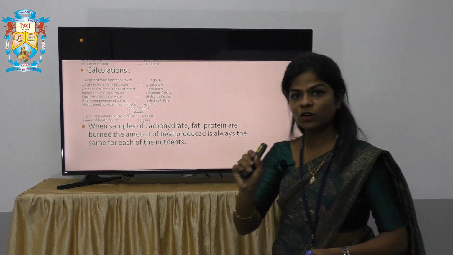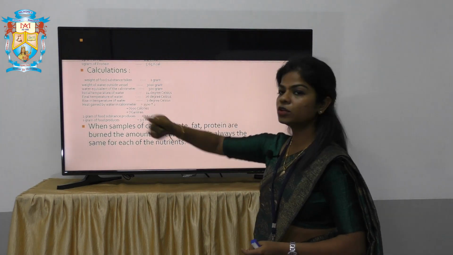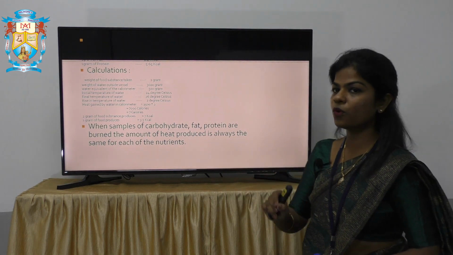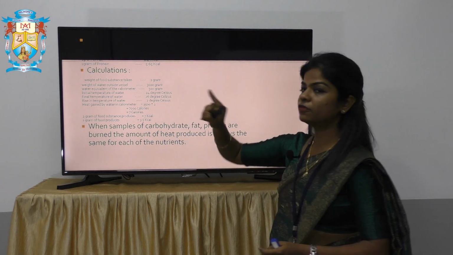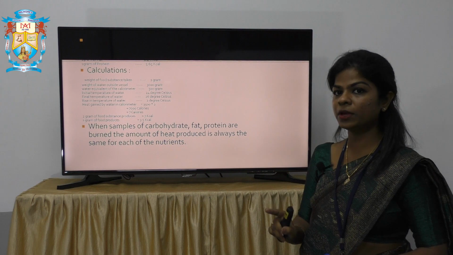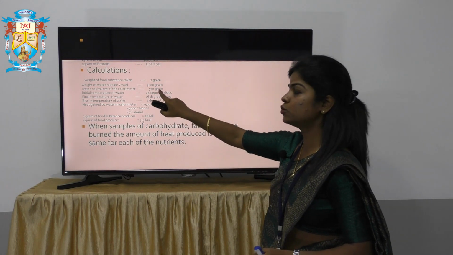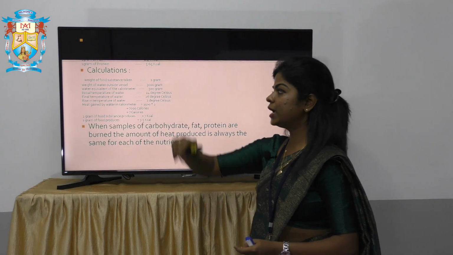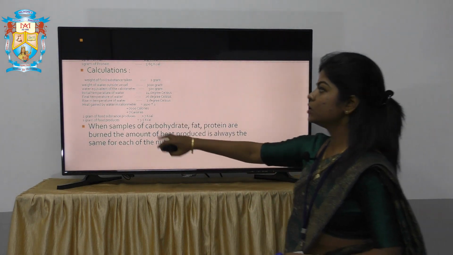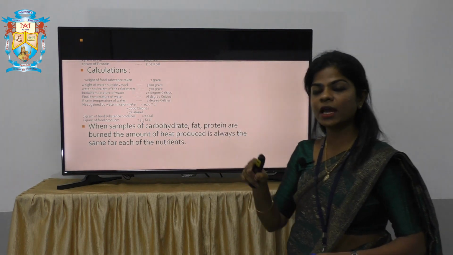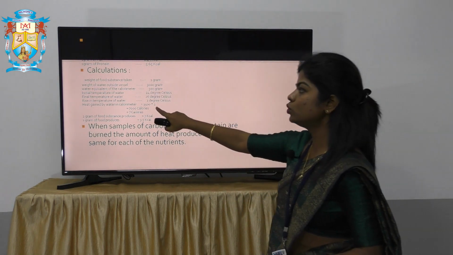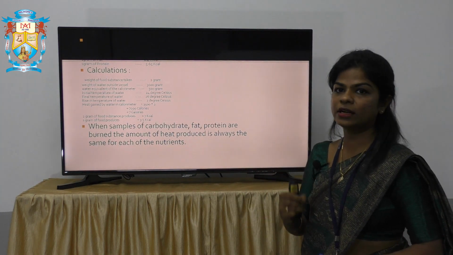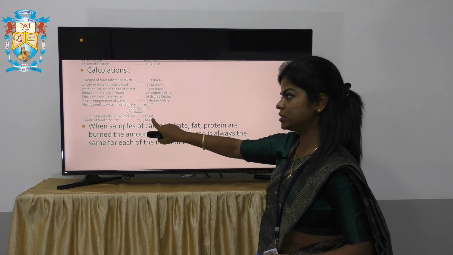Suppose you have taken the weight of the food substance as 2 grams, the total amount of water about 3500 ml, the initial temperature of water will be 24 degrees Celsius, and the final temperature, once the heat is liberated, will be 26 degrees Celsius. As you can see, the difference will be 2 degrees Celsius. So the heat gained by water in the calorimeter, the total amount of water multiplied by the difference in temperature, that is into 2, will give you 7000 calories. When it is converted into kilocalories, it will be 7 kilocalories.